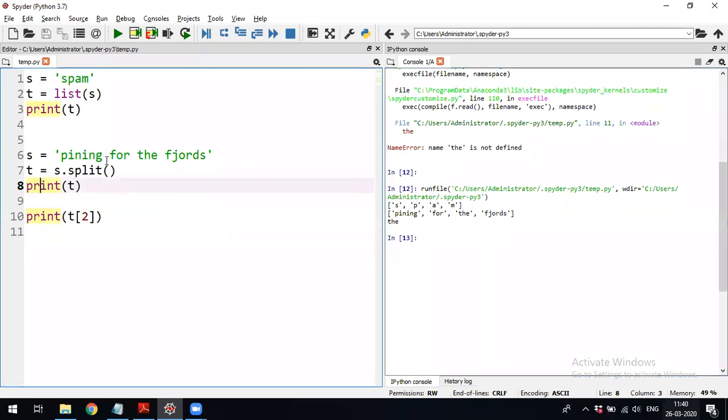There is one more case: if there are delimiters, if the strings are like this, sometimes there will be an underscore in between a string like this. In that case, we have to give a delimiter because since there is no space, how is it going to split? By default, it has taken a space.